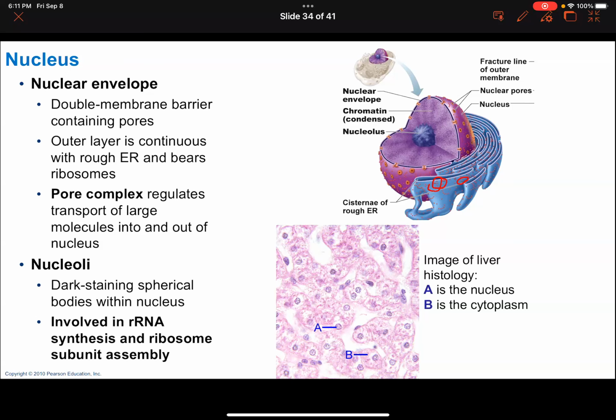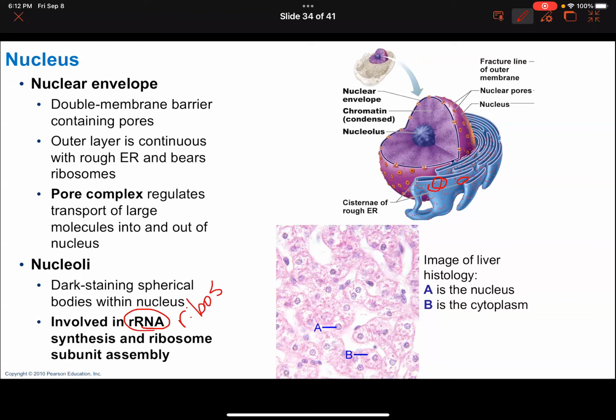Now, the nucleoli is essentially, you could almost think of it as the nucleus of the nucleus. So the nucleolus, nucleoli is plural, is the center of the nucleus. And it stains darker than the nucleus. And it's involved in making ribosomal RNA and ribosome subunit assembly. When we talk about transcription and translation in Chapter 4, you will see where these are important and their role. But the importance is to know that this nucleolus helps make the rRNA or the ribosomal RNA,